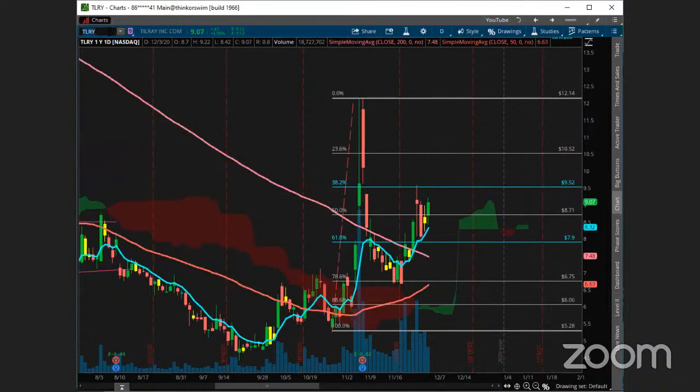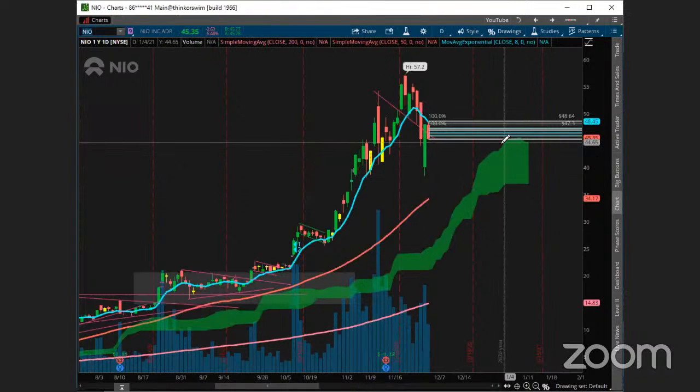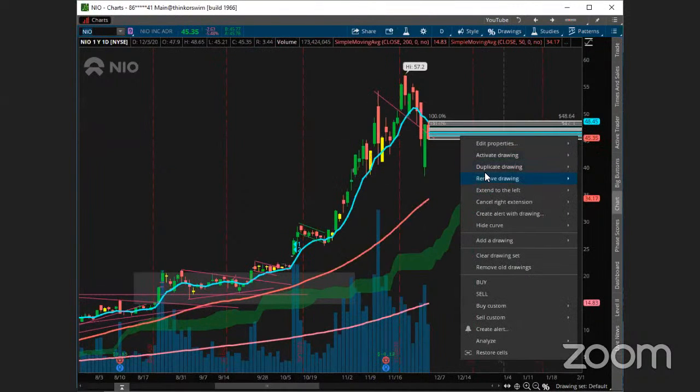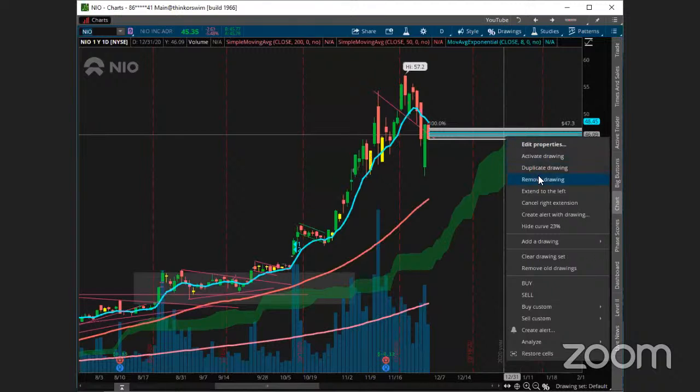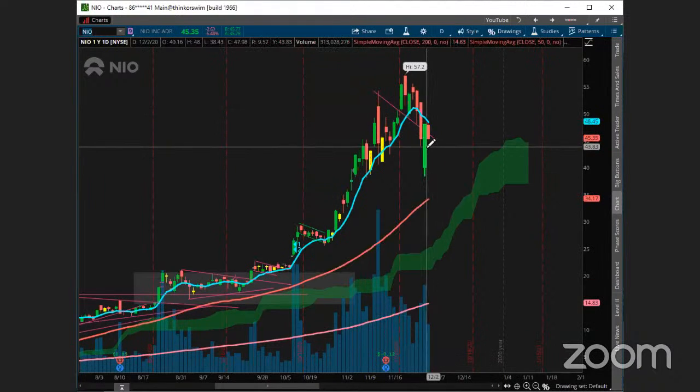Let's see if we can get some follow through on that one. Tricky name, of course. Neo. Again, Neo kind of doing its thing here, so drifting up a little bit. We'll see what kind of action it has in store for us tomorrow. A little bit of a weak day here off of yesterday's strong candle.